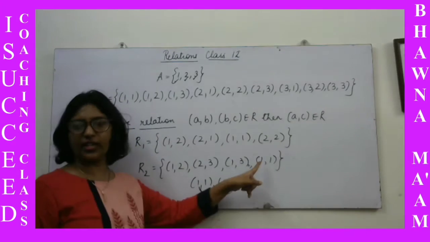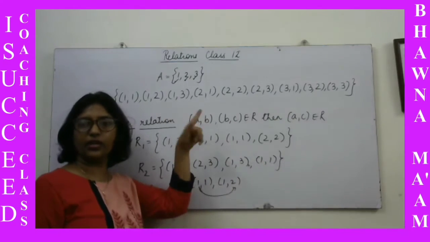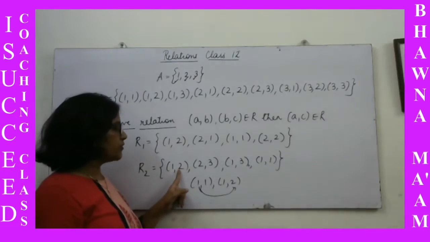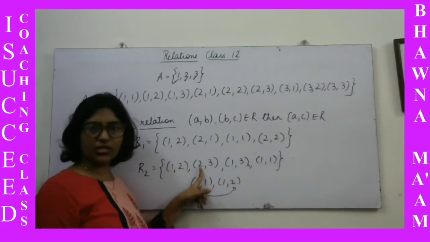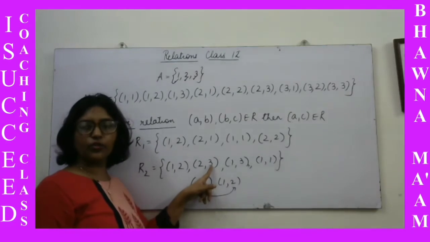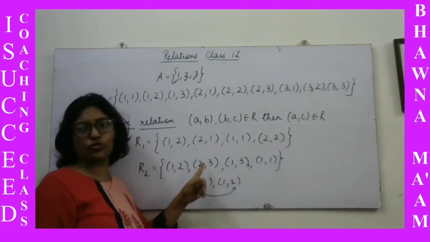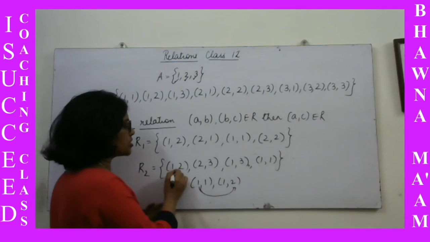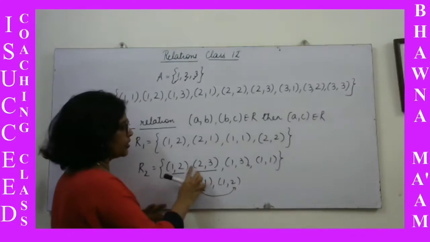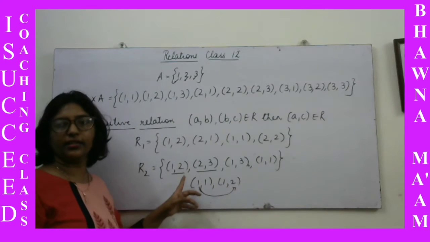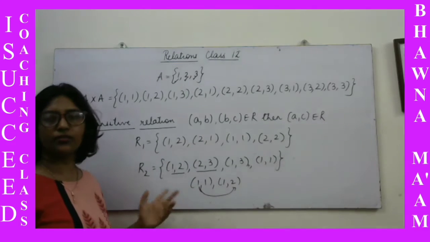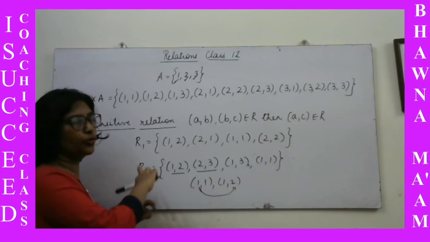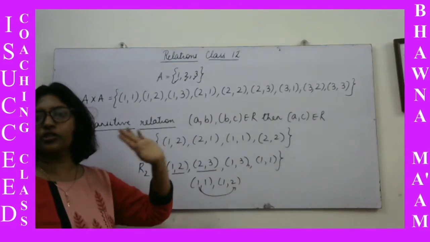So whenever you have a reflexive kind, that is identical one, 1 1, 2 2, 3 3, then we need not check for that. We have to check only for those entries where it is ending with a number and beginning with something else, with the same number. Like you shouldn't have 2 2. If it is 2 2, it is obviously going to become transitive. So we'll check only for those where you have the same entry here and these are not identical, like 2 2 is not there, 1 1 is not there, then we will check. And it should be checked for all possibilities, like 1 2, 2 1, I checked both the ways, 2 1, 1 2 also, and we got it to be transitive.